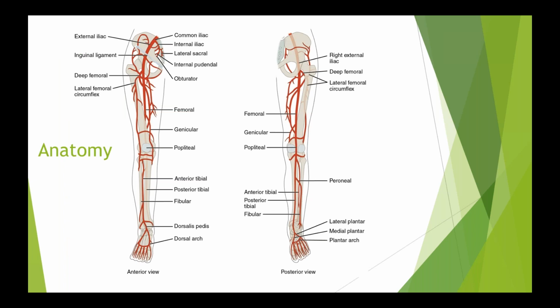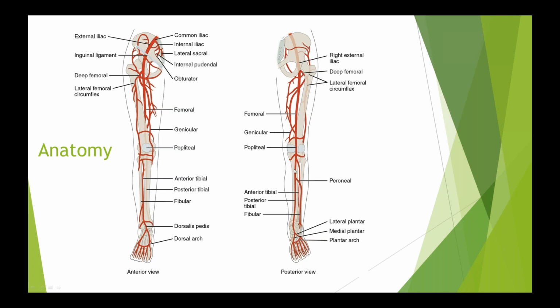So let's start with a brief anatomy of the lower extremities. The arterial supply of the lower extremities is via the iliac arteries, which are the terminal branches of the abdominal aorta. Common femoral arteries, which are a direct continuation of the external iliac arteries, begin at the level of the inguinal ligaments, and they divide into the profunda femoris and superficial femoral arteries. As you can see in this posterior view, the popliteal artery is the direct continuation of the superficial femoral artery in the adductor canal.